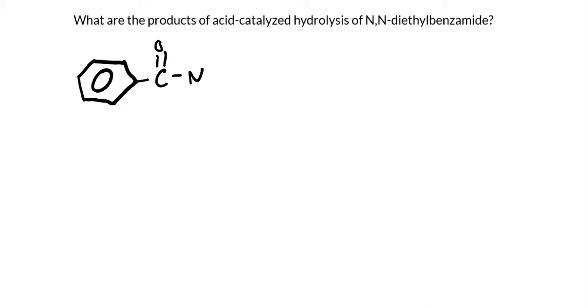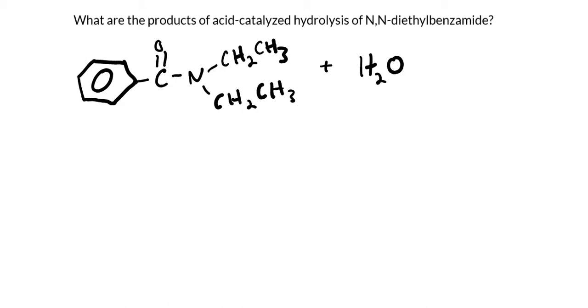And so we know here in this case we have a diethyl, so CH2, CH3, and another CH2, CH3, plus the water to make the hydrolysis occur. And we're going to do this in acid conditions, so we'll show just an acid catalyst. We could also talk about the specific acid if it's HCl or HBr or whatever strong acid we might use. And we'll also use heat. This requires some temperature, so that little delta under the reaction equation arrow shows that heat's involved,